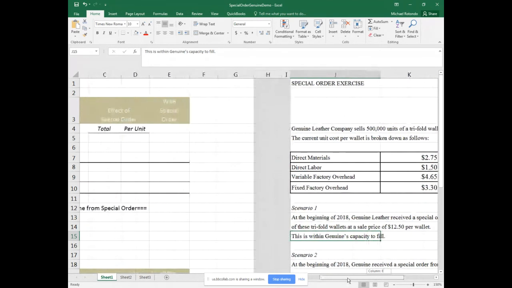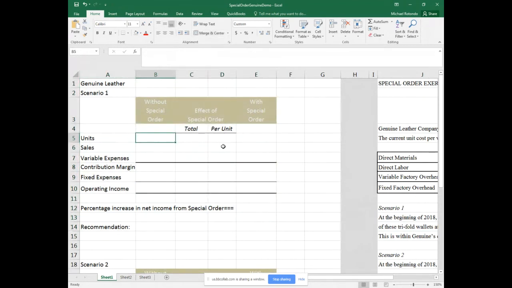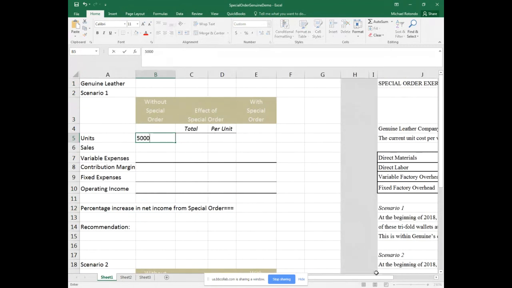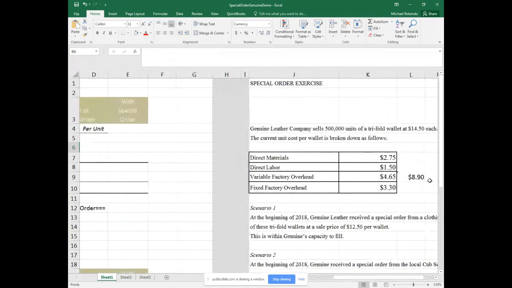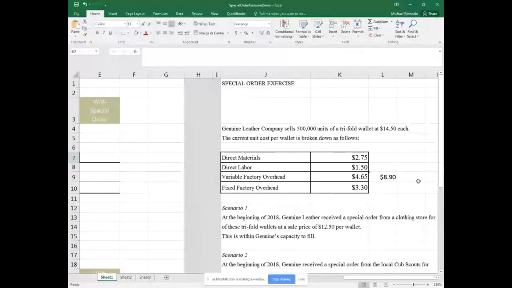But if we look at the numbers, we have a form here that can help us do this analysis. Without the special order, we are told that they would sell 500,000 units. Those are units, not dollars. And we were also told that they sell them at $14.50 each. So our sales without the special order would be $7,250,000. Our variable expenses without the special order, remember we looked at them over here, and